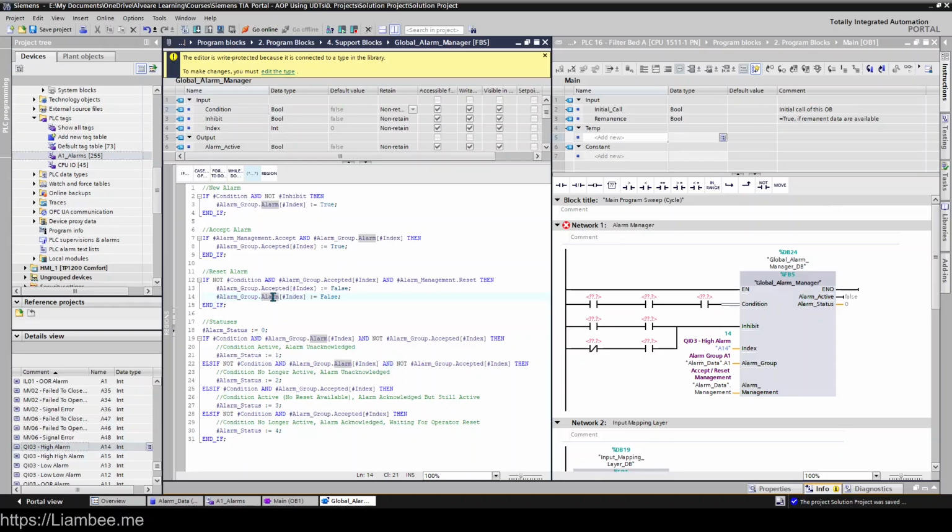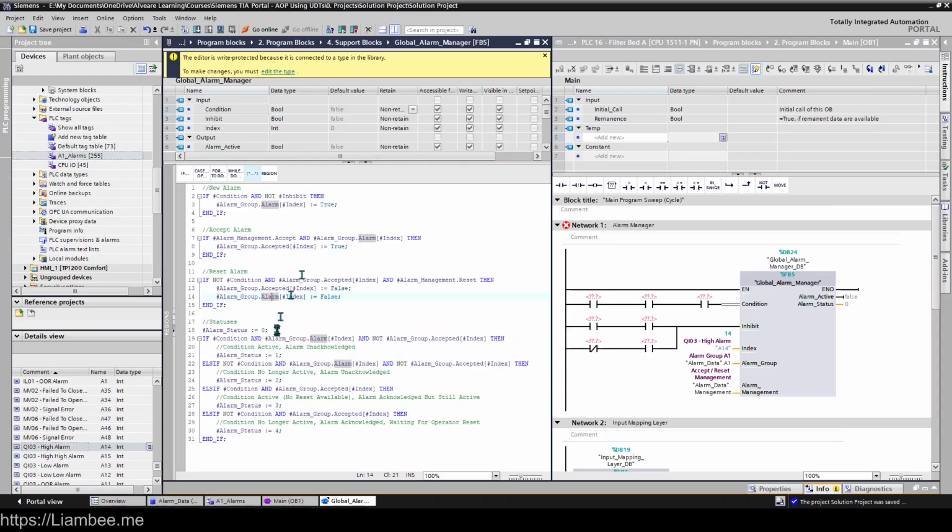We did touch on this in the last lesson. You could have additional steps. You could have a mute or you could have a clear to clear accepted and reset alarms off of the system. But just to keep things nice and simple for this, we just have the two states, the most common ones, which is accept and alarm. So that manages the entire raise, accept, reset